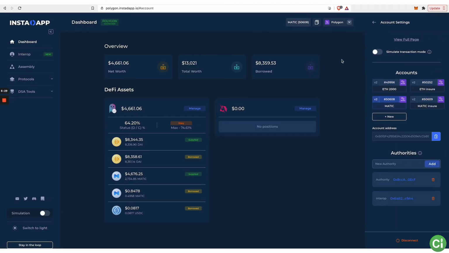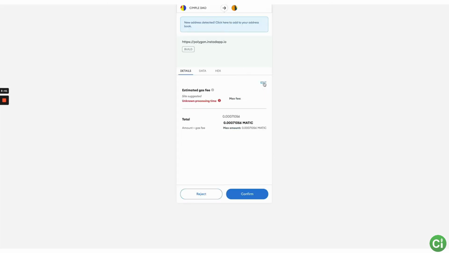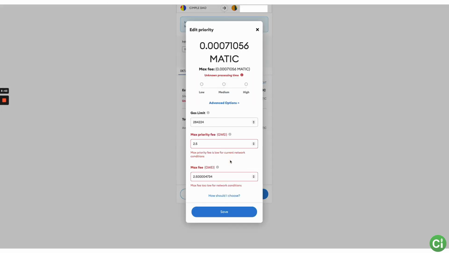And we're going to go through that process, and let me just show you, click new. If you have no accounts, then you would just click create account, and it's the same thing as me clicking new right here. So I click new, and it brings up here what it would cost to create a new account. I go into edit gas fee, and I see that the max fee is 2.5, and I know that will never be processed because 30 is the minimum. So I would go to Polygon Scan, see what that is, and type in what I need in order for it to go through. However, this is not a transaction where time is of the essence.